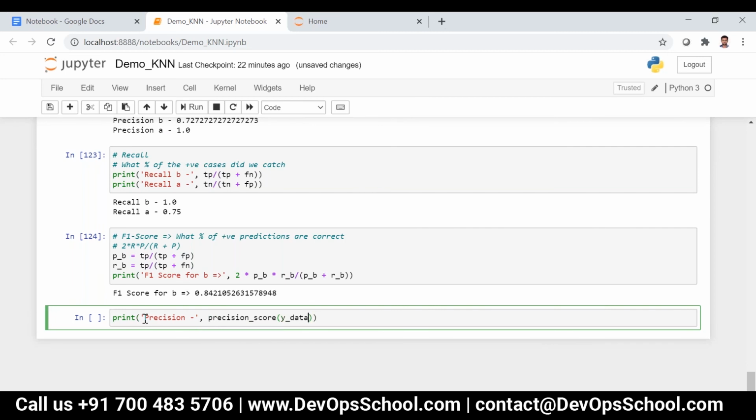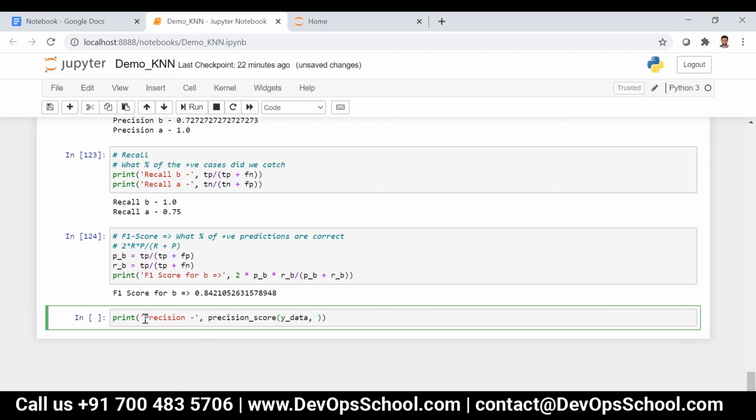The recall means what percentage of positive cases did we catch? So how do you compare between the recall and the F1 score? Actually we could identify the failures, some scenarios that we need to attend to, and out of that, how many were correct? That's what positive predictions are correct means. Positive cases is different, positive predictions is different.